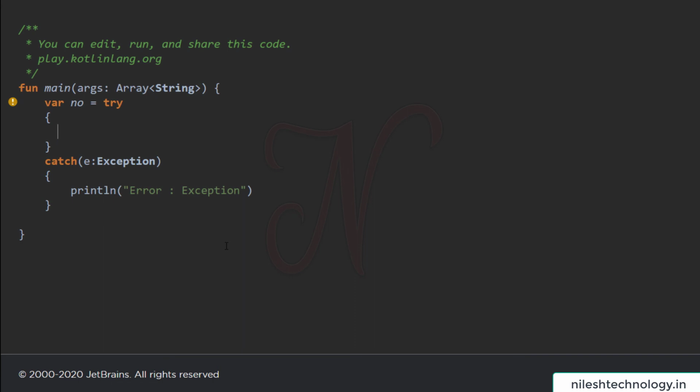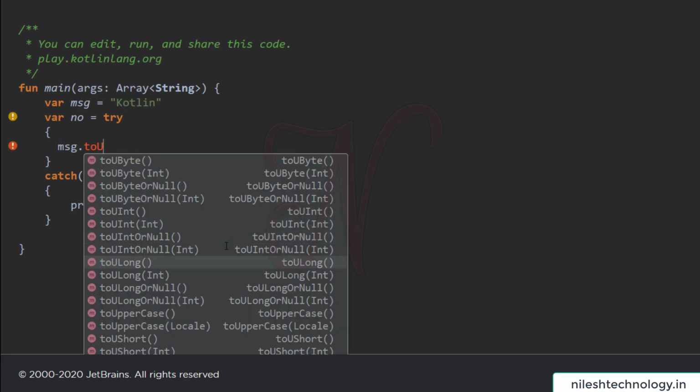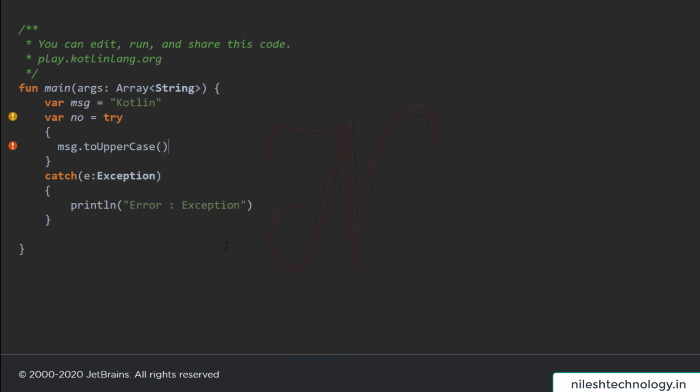Here we define one string, var message equals Kotlin, and we use the uppercase function. So here we convert this message into uppercase. Then here is the catch, this is the exception, and after this try catch, we print the number.